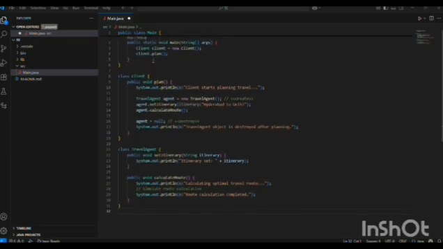Third one is travel planning scenario. Here in this, the main class creates a client object which calls the plan method, and the client class prints the travel planning has started and creates a travel agent object and calls set itinerary to define the trip. And the travel agent class stimulates the route calculation and also prints the complete